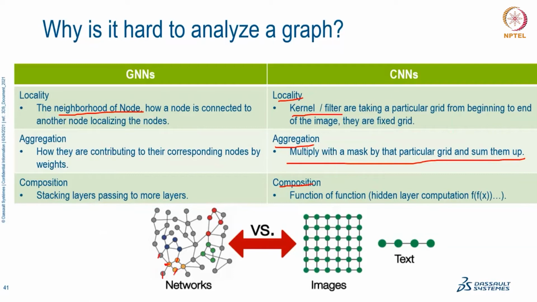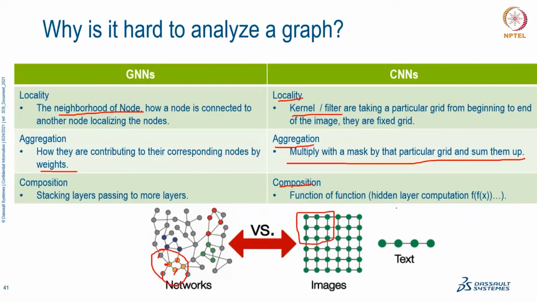So the weights of those edges are also considered. So this is how aggregation takes place. It is in the neighborhood of this, while it is in the neighborhood of this. It depends upon the kernel size, and here the neighbor size. Now composition. So for composition,